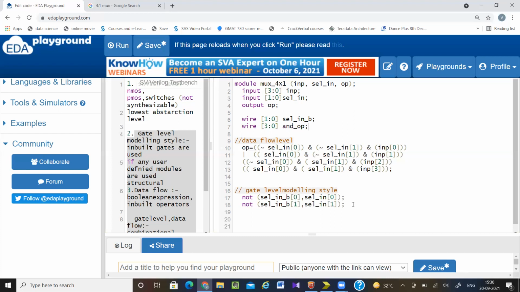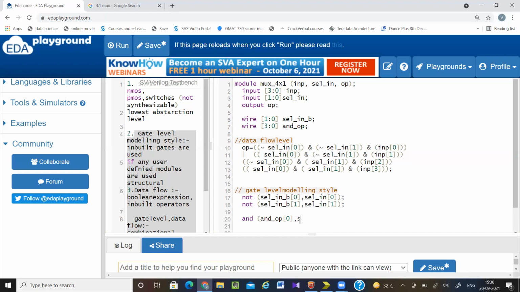Okay. So now next, here I have to use, remember, an AND gate. Okay. So here I'm writing AND gate. So first should be the output. So output equal to AND output of 0. See, here you can give any name like X, Y, Z, anything, but always try to give a meaningful name. Okay. So AND output of 0 and next inputs, so this is my select in bar.